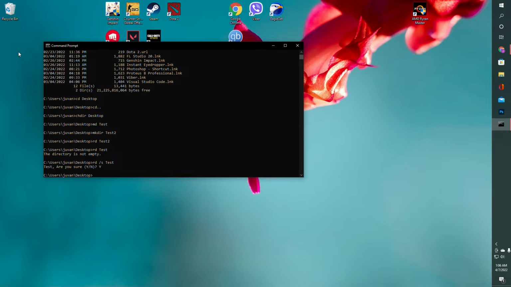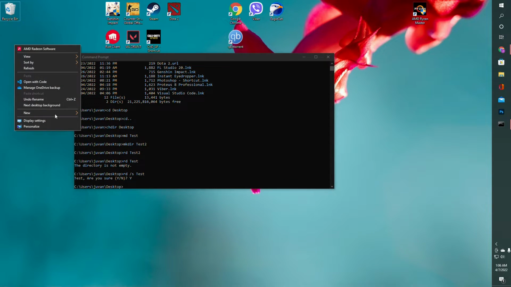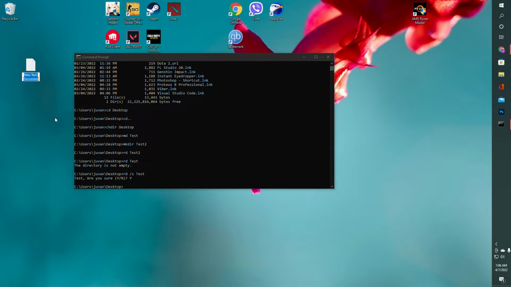The next command would be the copy command. From the name itself, it copies a file from one location to another. Let's say, for example, we have a text file right here, another test, and we want to copy this file in the same directory. Then we can just type in copy and the name of the file that you want to copy,